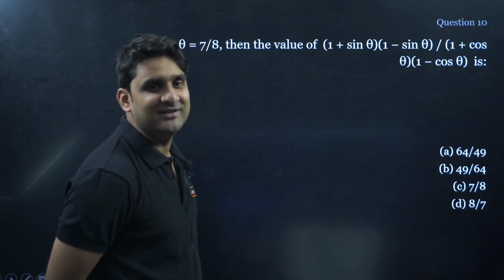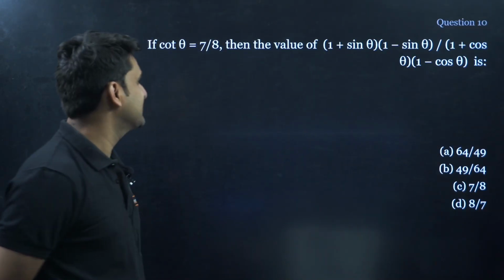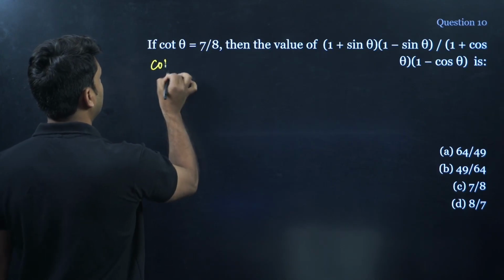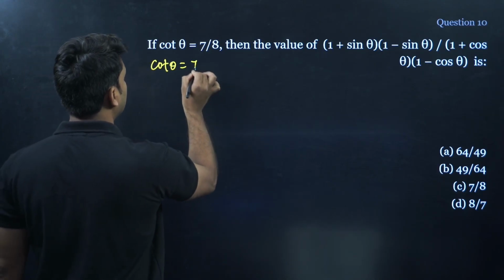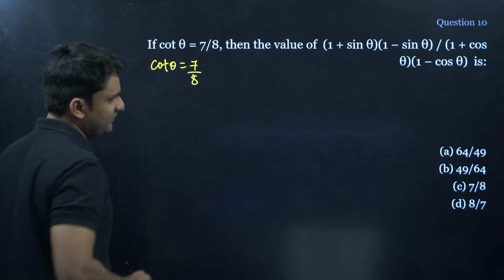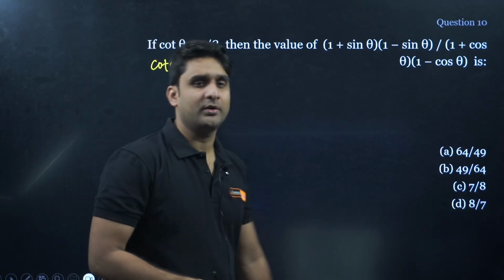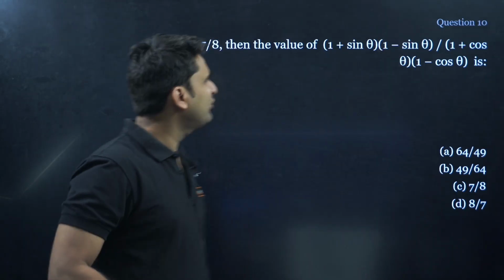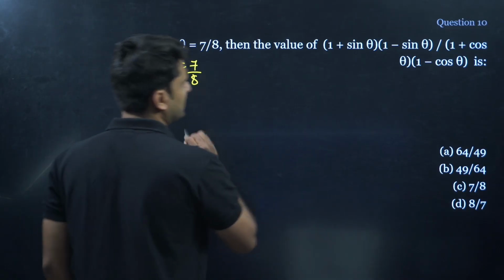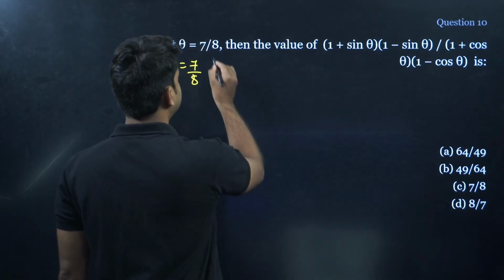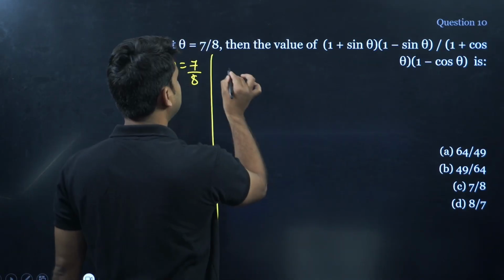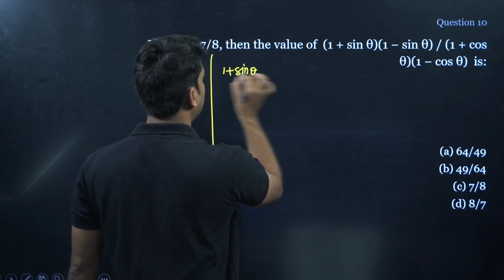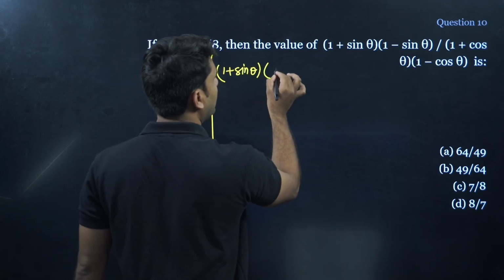It looked a little scary, but this is really a very easy question. Okay. So in this question, we have cot theta. Cot theta is given to you as 7 by 8. Okay. And we have to find out the value of this entire function. What is this, guys? Okay. So let me write here. 1 plus sin theta into